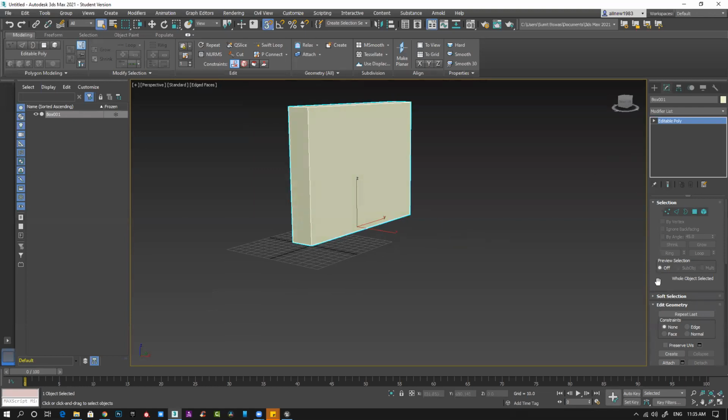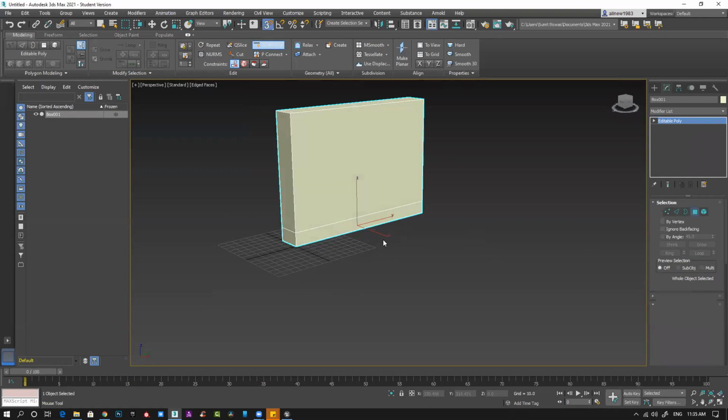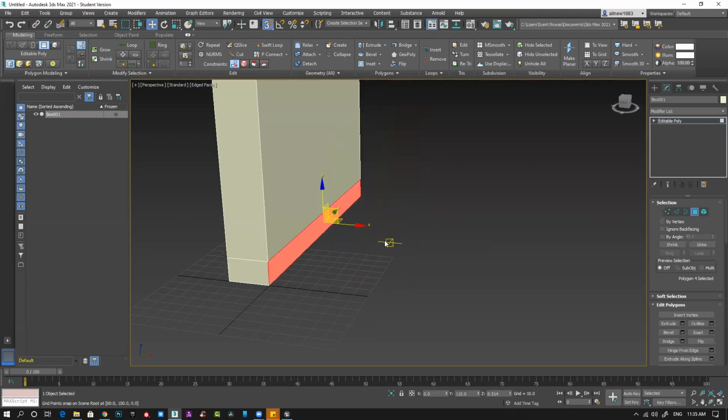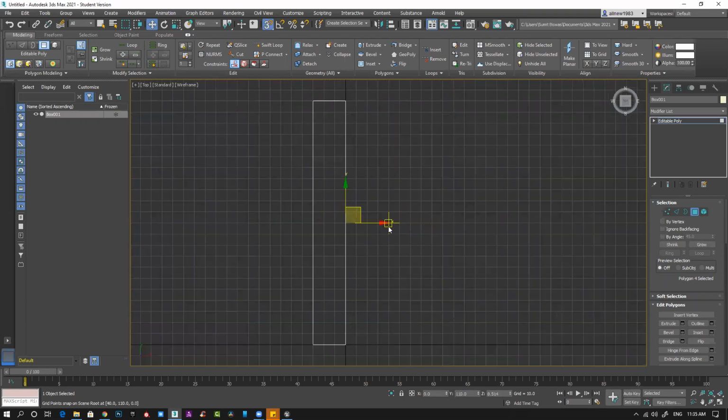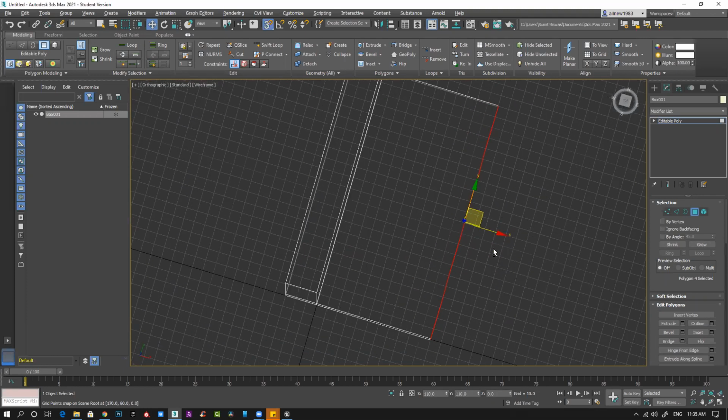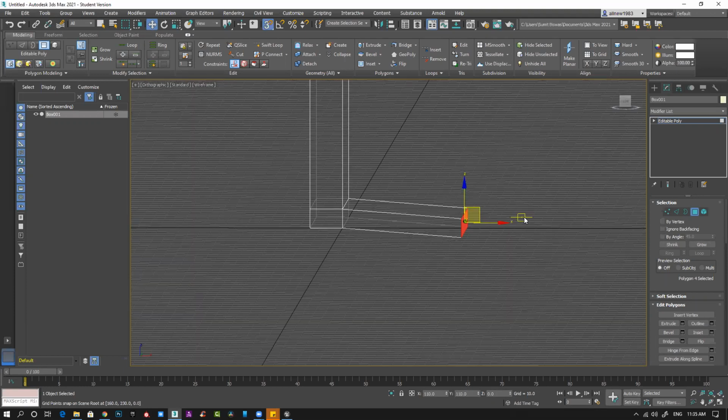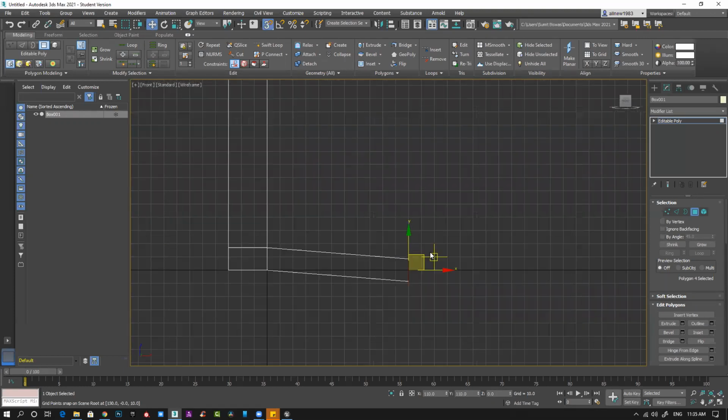So quickly use a cutter, shift, copy, snapping is on. So front.